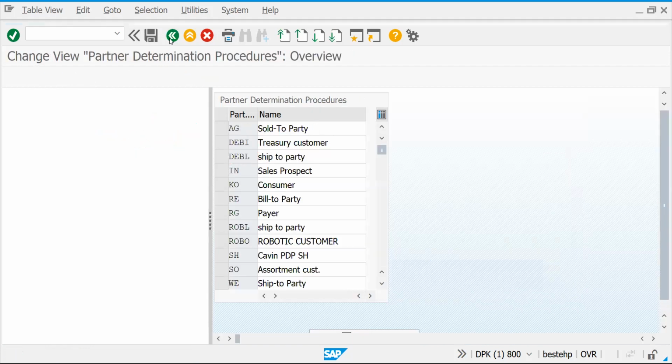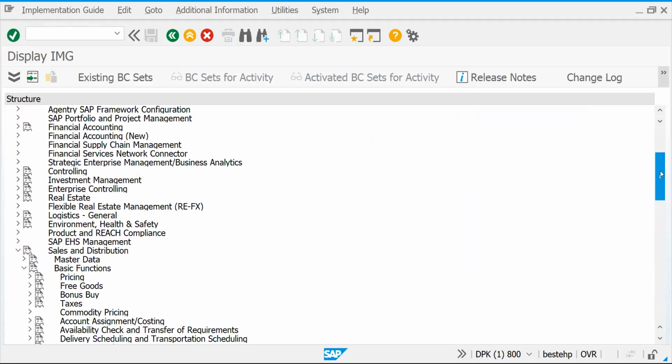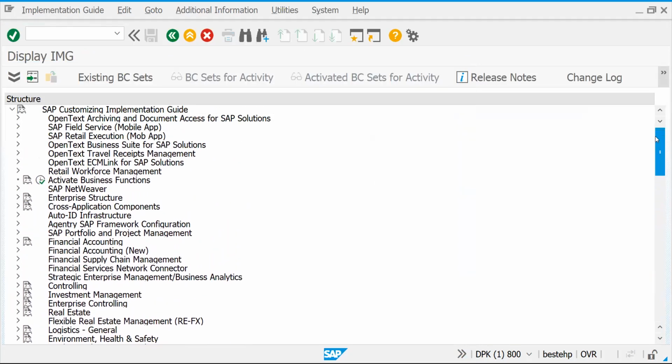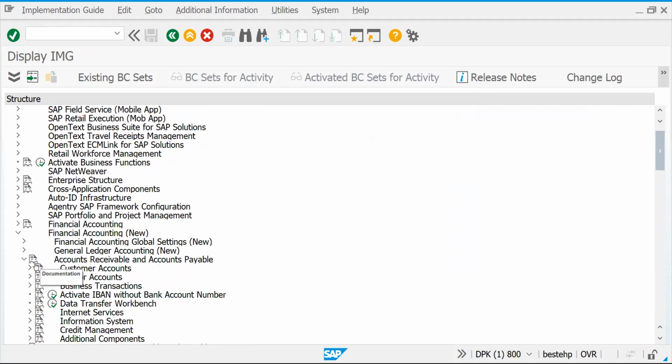Let's go to the account group section. You can expect this kind of scenario if I find multiple ship to parties. Let's go to the financial accounting new, where we went for account receivable and account payable.